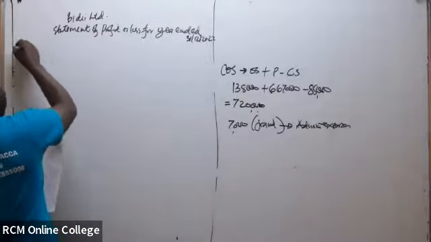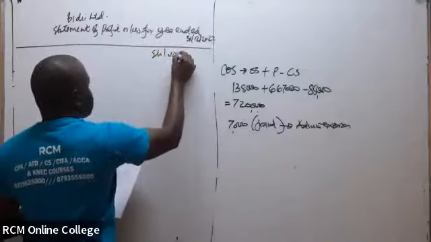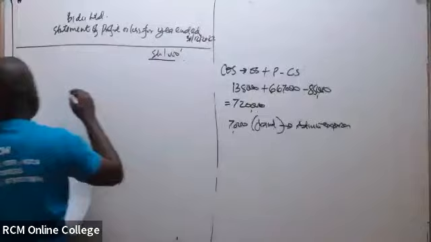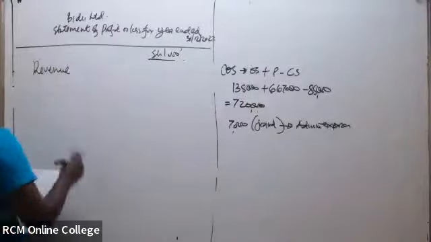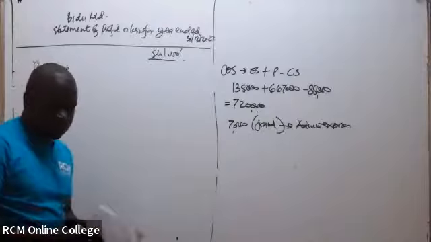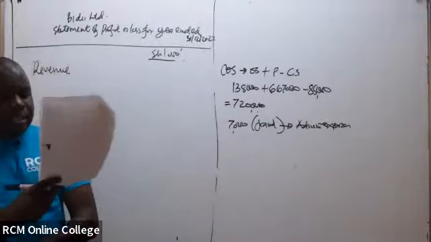You can present in shillings of thousands. And of course, we'll start with the revenue. What was received as revenue? Revenue in this case, you've actually been given